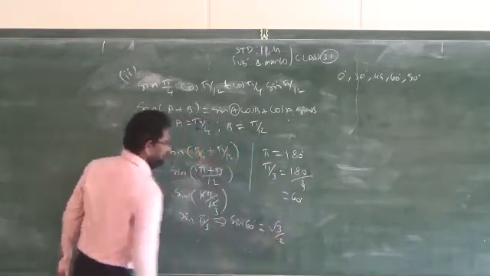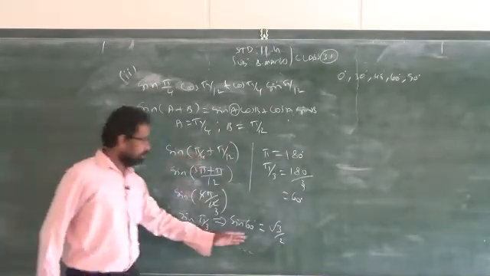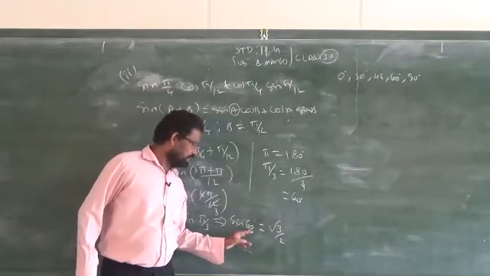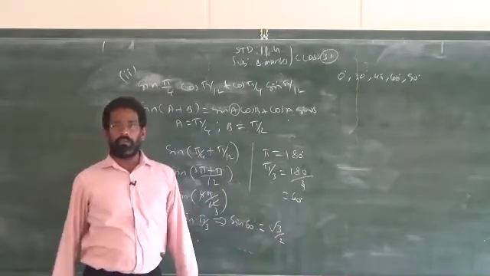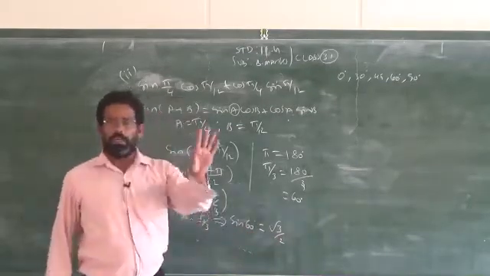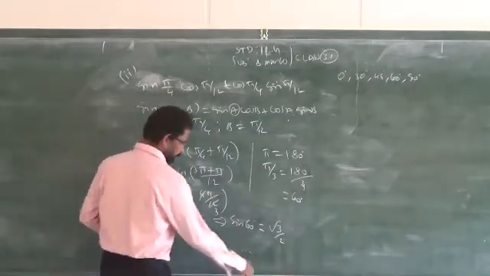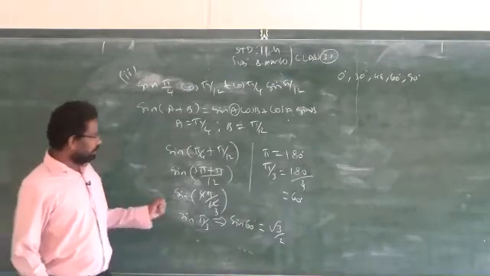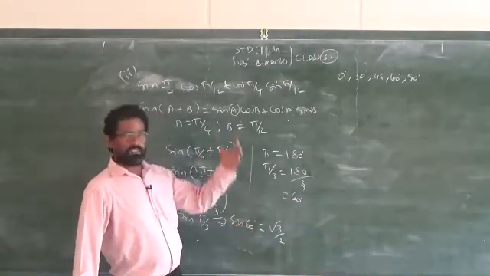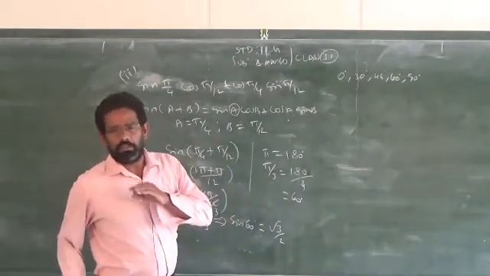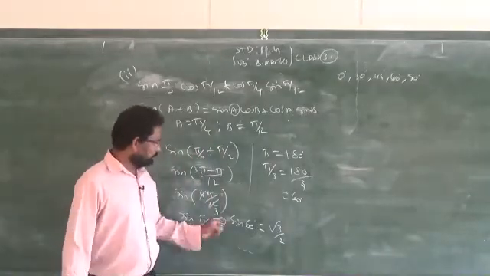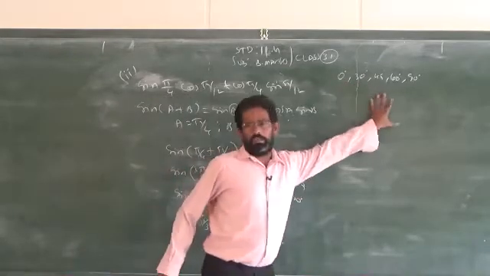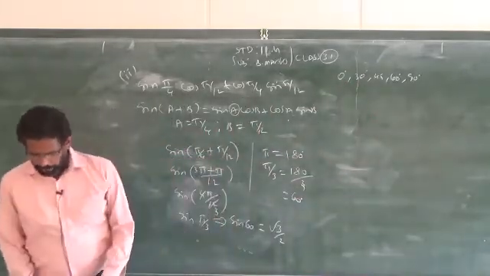Root 3 by 2. From the table you have to write down the answer root 3 by 2 for sin 60 degree. If you use the Casio's table to find the value of sin 60 degree, we will not give marks. Be careful. Clear? So they will sometimes use the table for other purposes. If you write down the answer for sin 60 degree from the calculator table, you will not be awarded the marks. Clear? So your answer should always be the standard form of the tabular column. Are you clear? So next one.